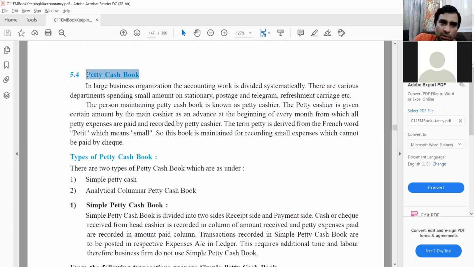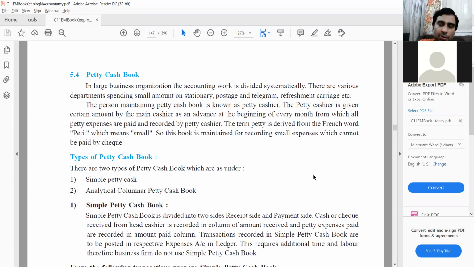Before we talk about the petty cash book, let's understand day-to-day accounting. On a day-to-day basis, for running a business, certain expenses need to be incurred, which are small amounts, and there needs to be real physical cash available in the office or establishment where the business is running. Typically there will be an accountant, and the accountant will have a small amount of petty cash depending on the size of the business. It could be anywhere from 1,000, 5,000, 10,000 rupees.